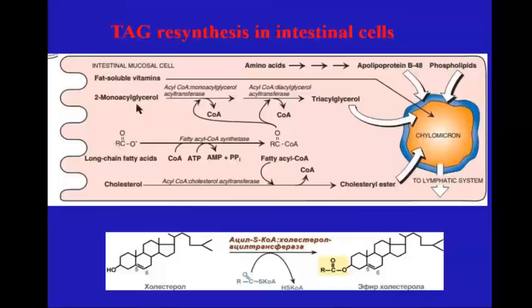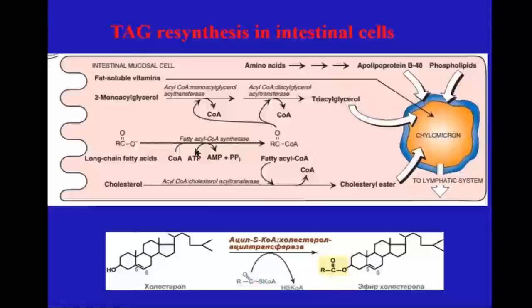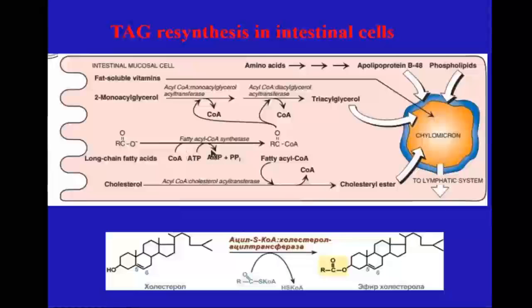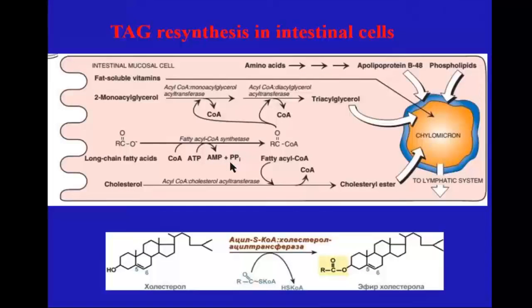So at first, all free fatty acids that are absorbed inside of the enterocyte will be activated with the enzyme named fatty acyl coenzyme A synthetase, or simply acyl coenzyme A synthetase. For this we are using coenzyme A and a molecule of ATP, which is cleaved to AMP and pyrophosphate, so nearly the energy of two macroergic bonds we are using to activate our fatty acids. Acetyl-CoA is one of the representatives of acyls, but it is short in chain. Long chain fatty acids, for example palmitate, oleate, stearate, are converted to palmitoyl coenzyme A, stearoyl coenzyme A, oleoyl coenzyme A,